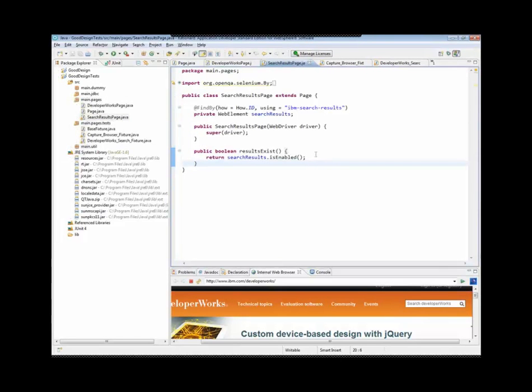Again, every search, every page that you want to represent in a unit test needs to be represented by a corresponding page object in your object model. And then you expose various elements of the functionality that you want to perform in your test via those page objects.